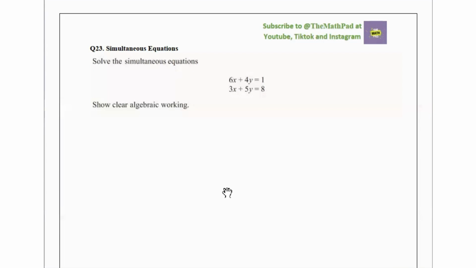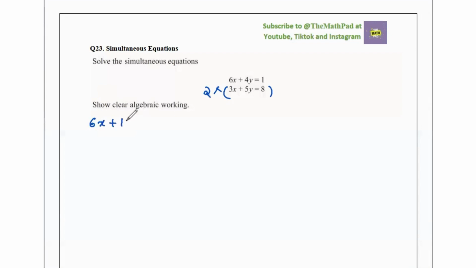Do you want to eliminate x or do you want to eliminate y? I would go for eliminating x. The reason for that is that x has a coefficient of 6 in the first equation and 3 in the second equation. I can easily turn the 3 into 6 by multiplying the entire equation by 2. So when you multiply the entire equation by 2, what we get is